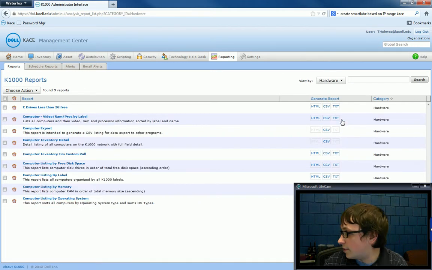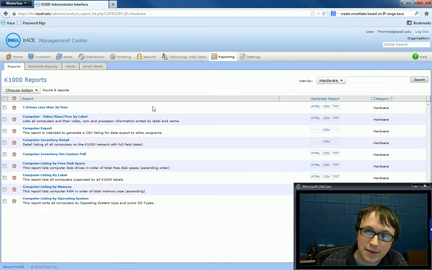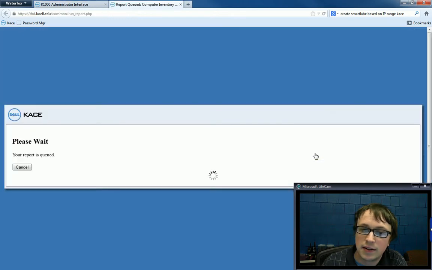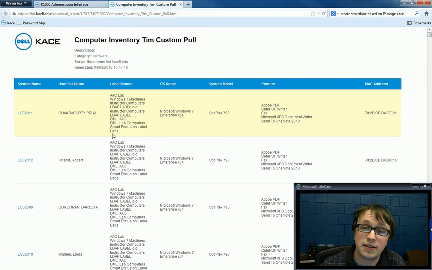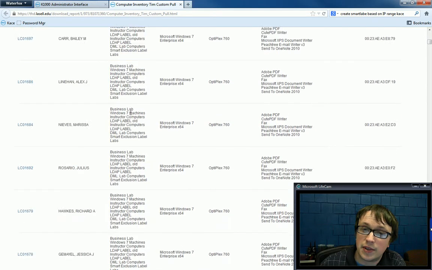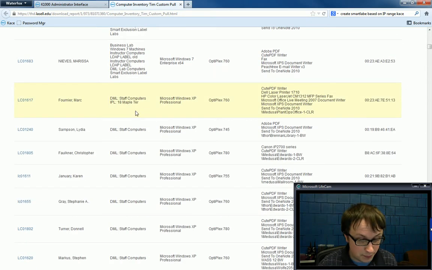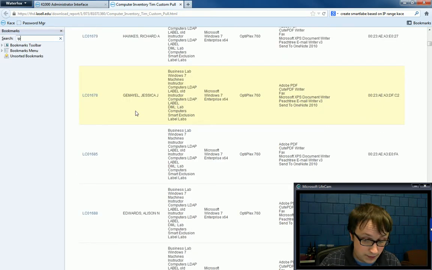Let's go up under hardware. Ignore that for a second. Under hardware, look for, I made a custom report here. This custom pull is going to pull that information I talked about before, as well as the label on that machine. So we'll probably want to talk about cleaning these up a little bit. We can delete the labels that we're not using, but this will dump in